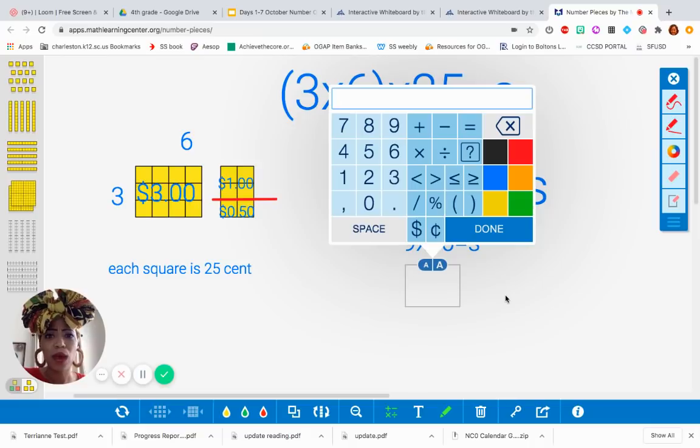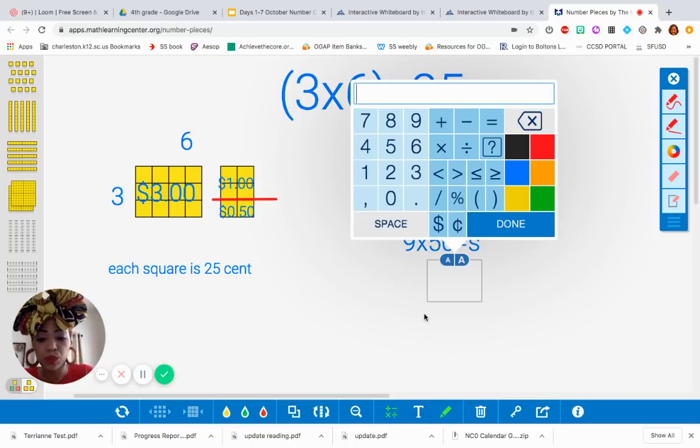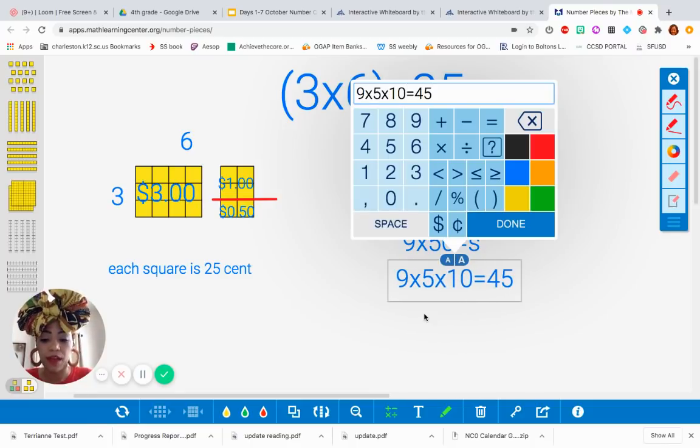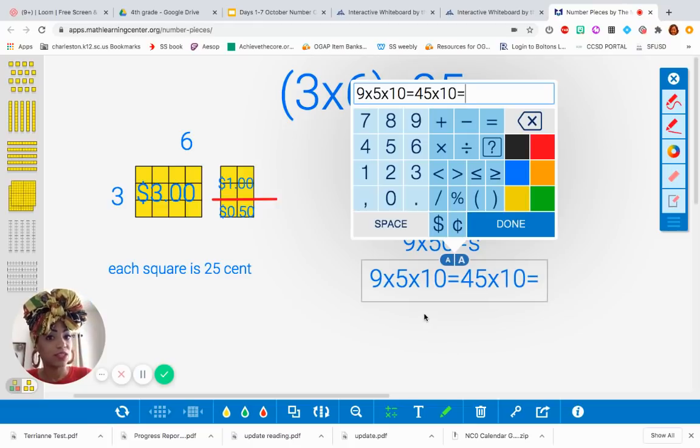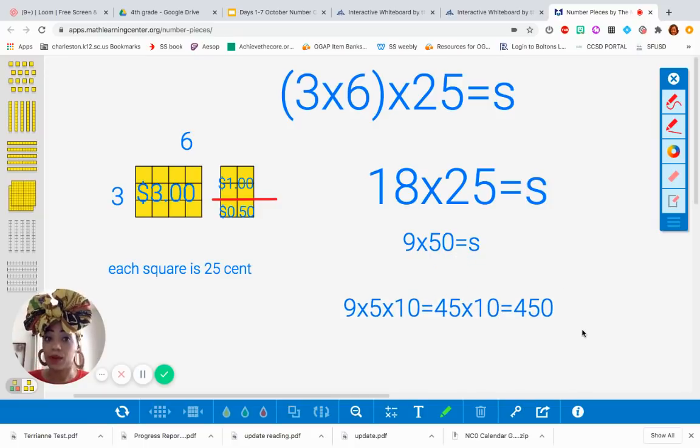Would we want to double and halve again? What's half of 9? Yeah, it's like 4.5. So that's kind of sticky. So let's stick with leaving it 9 times 50. And let's use what we know from playing our splat game to break up 9 times 50, which would be 9 times 5 times 10. We know 9 times 5 is 45 times 10, which is going to give us still 450. And since the context of the problem is money, 450 cents,